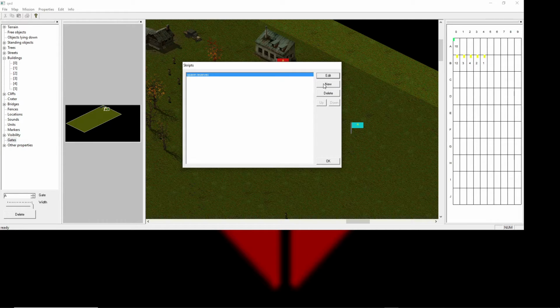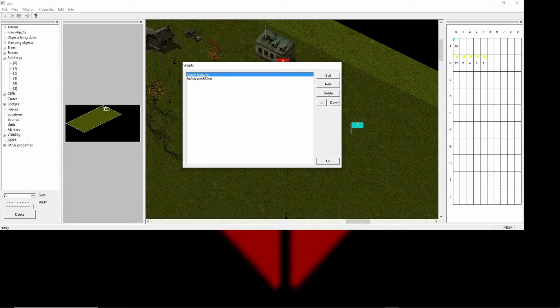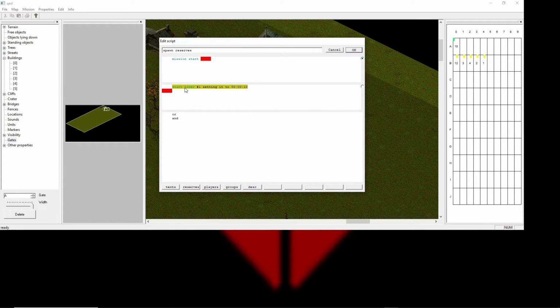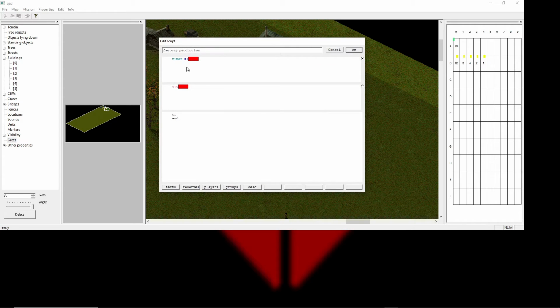And then we want to make a new script. We'll call it factory production. And then the trigger for this is going to be timer 1. So we set timer 1 to start right here. And then this right here is when timer 1 is up. So after 10 seconds, this is going to fire. And then